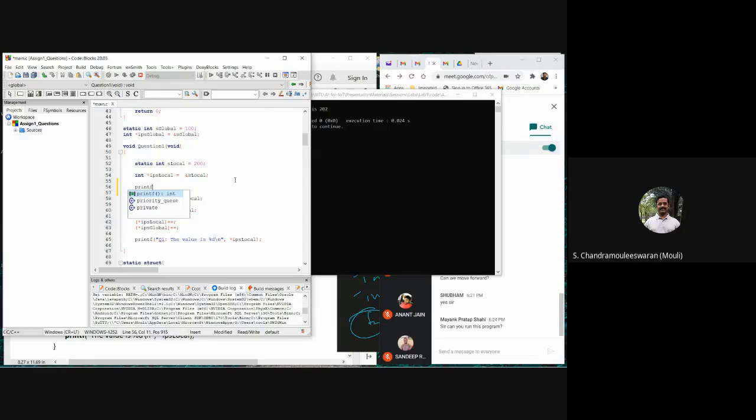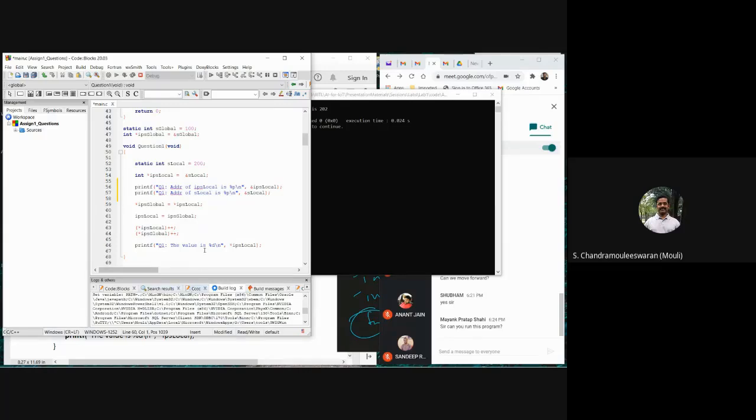Okay, printf. Address of IPS local is... Address of S local.